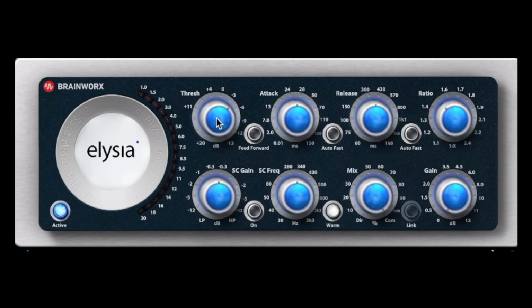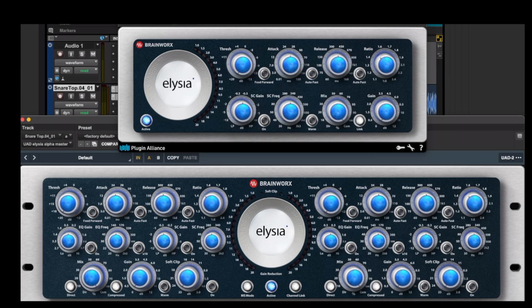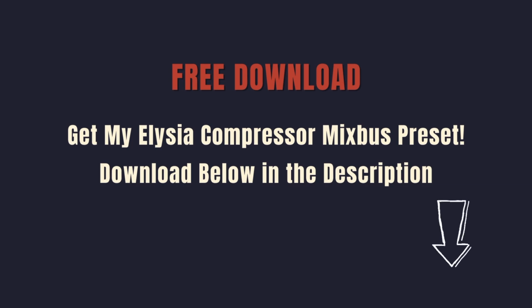What I love about the sound is how they treat transients. They do something really magical with transients, and they come in 2 different versions, the mix and the mastering version. And I tend to use the mix one for individual stuff, and I use the mastering one for middle and sides stuff, mainly on the mix bus. If you want to have my preset for the middle and sides configuration for the mix bus, I've added that